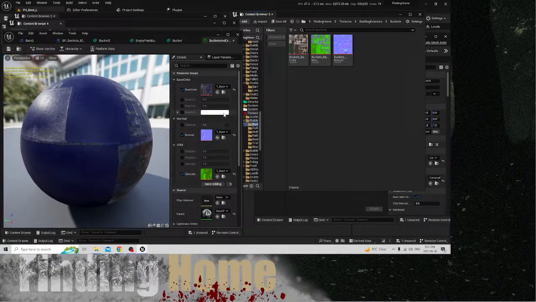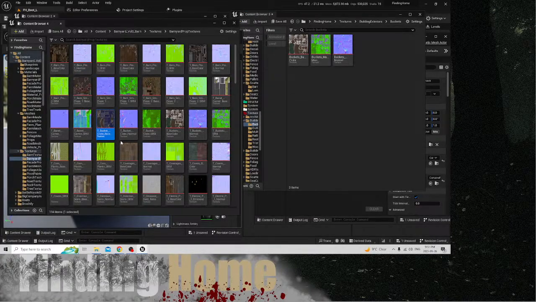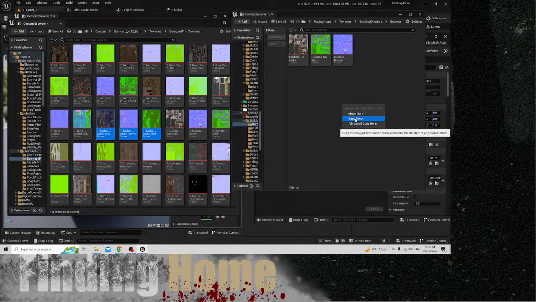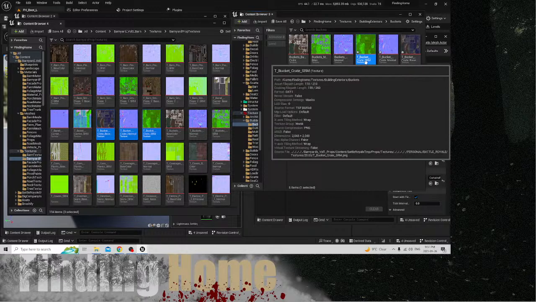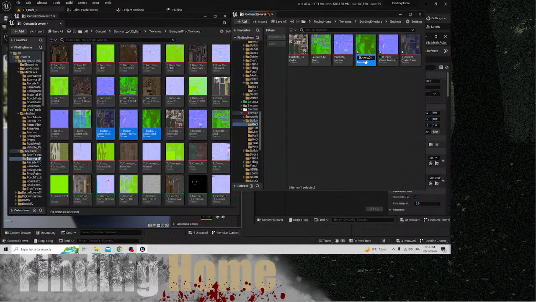Make sure we have this highlighted. We're going to search for this. Copy here. Bucket and crates, mask map,